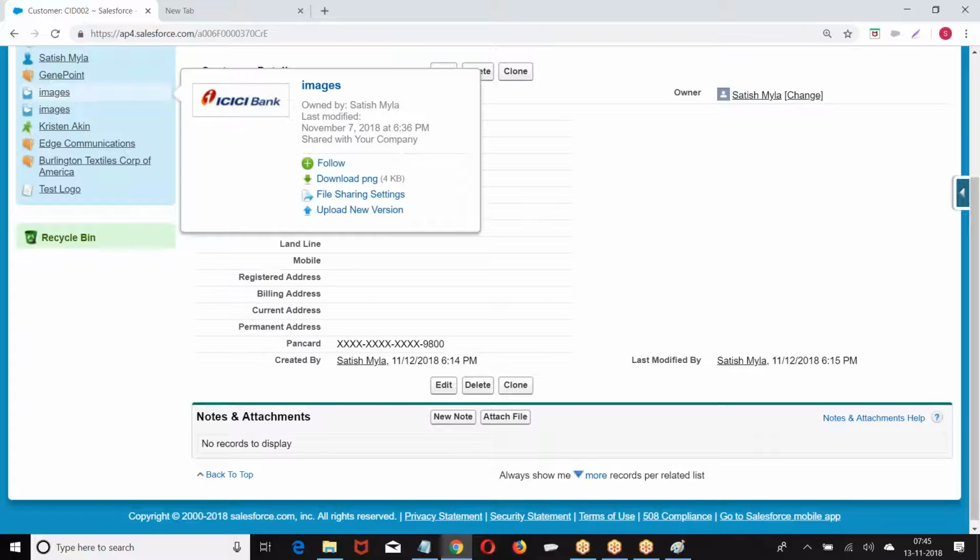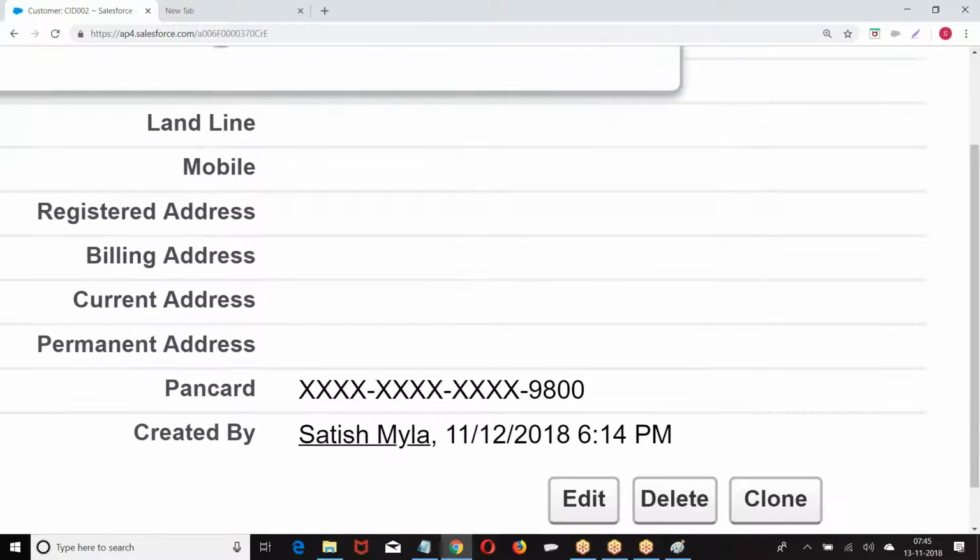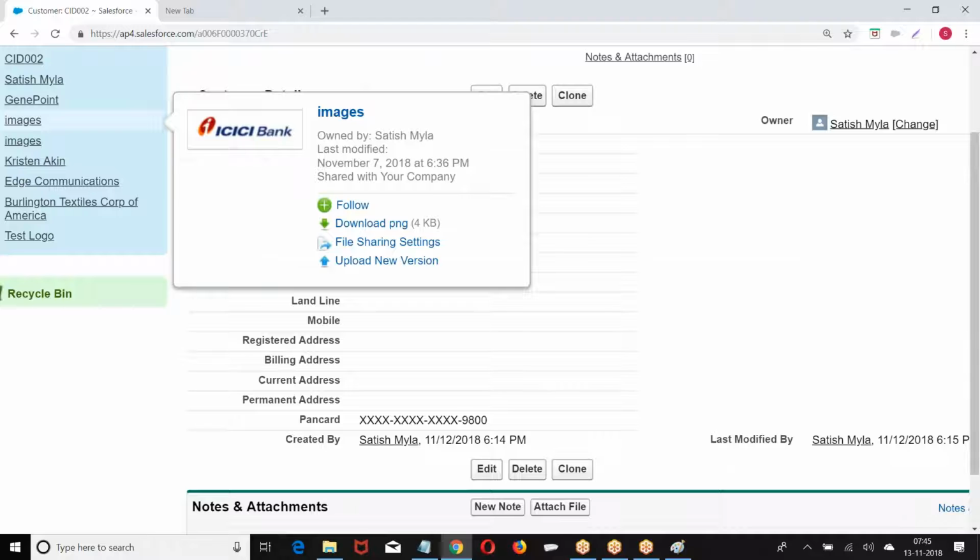So who will be able to see this data? Nobody, unless you give this permission. If I want to show this data in original format, there is a permission called view encrypted data. Whichever user has the permission called view encrypted data will be able to see the data in original format. So who can see the data in original format? Only those people who have the view encrypted data permission enabled.